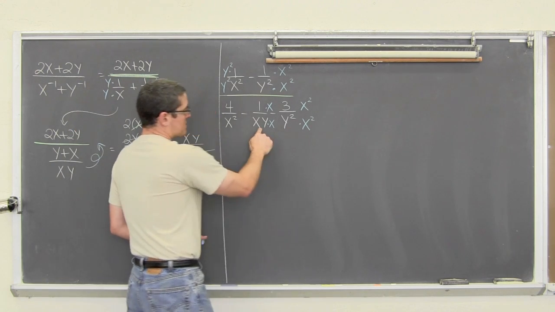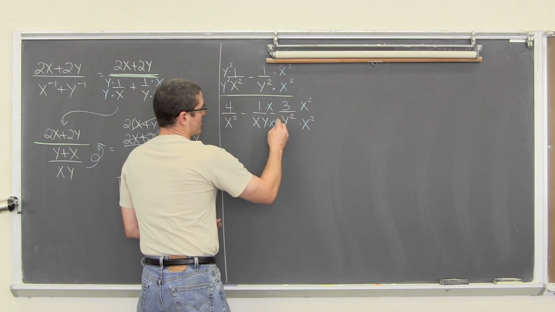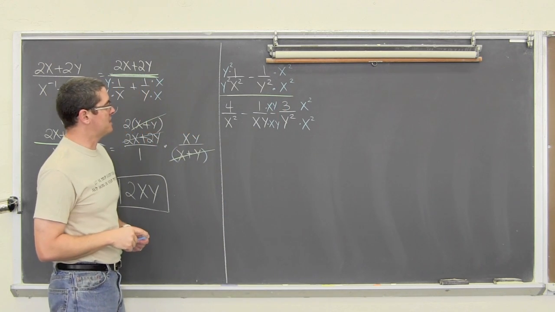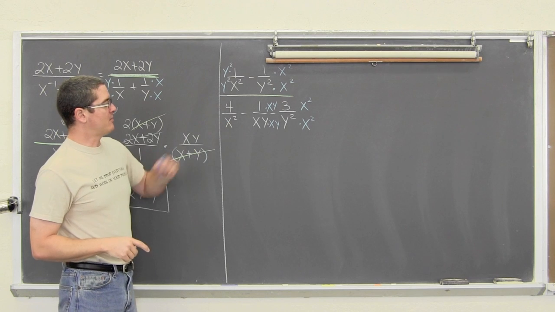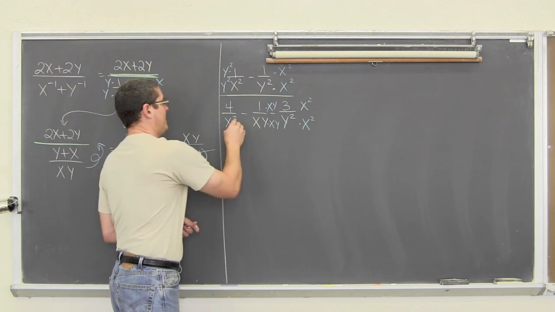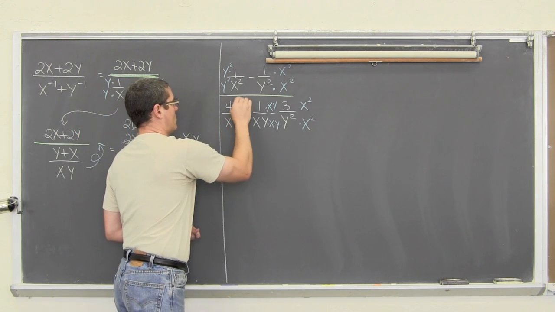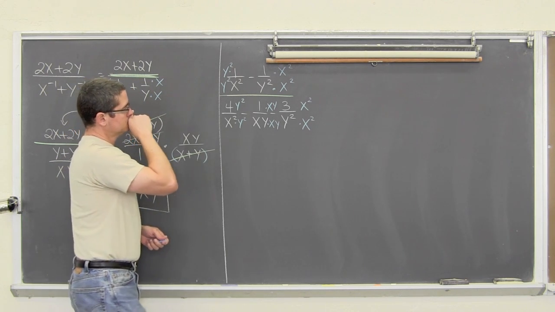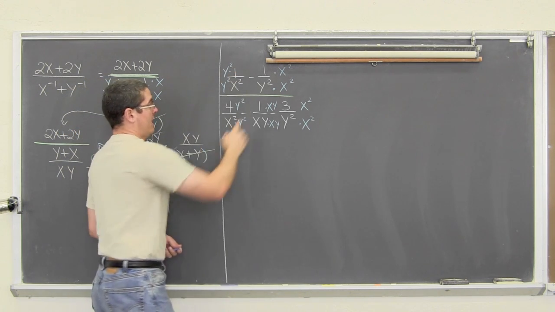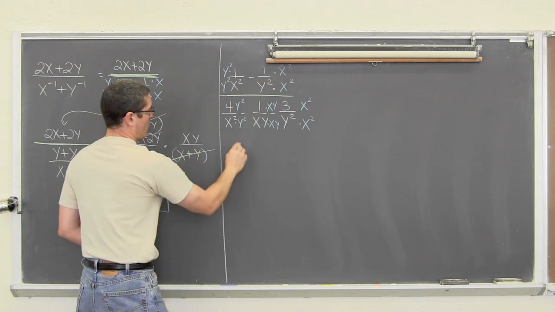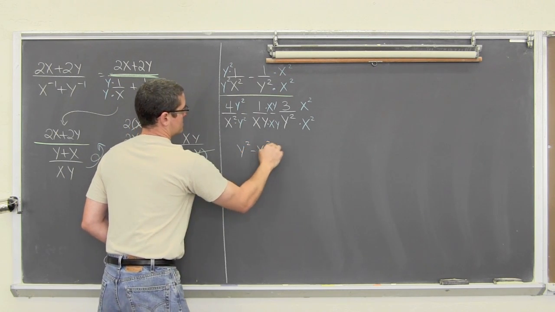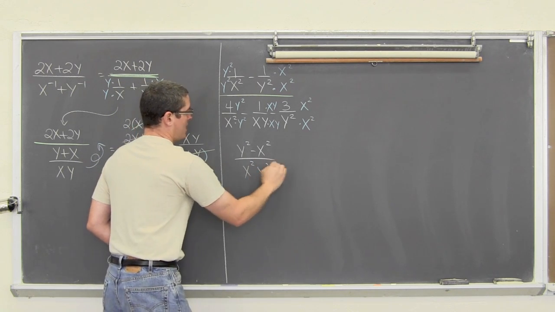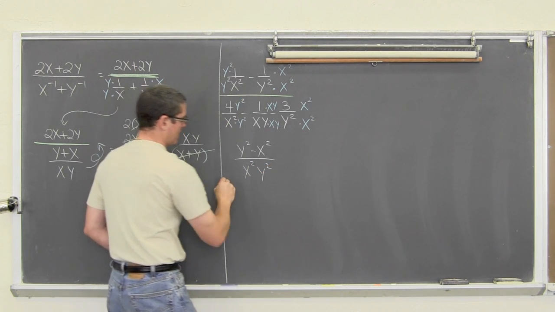This has a y squared, this only has one of them, so we're going to also multiply by y in the numerator and denominator. I hope this isn't too small for you to see. The first denominator only has x squared, so we're going to multiply it by y squared. When we do that, let me clean this up a little bit. We have y squared times 1 and x squared times 1, so we have y squared minus x squared over our common denominator of x squared y squared, or y squared x squared, whatever.